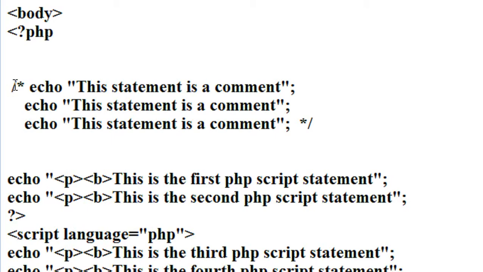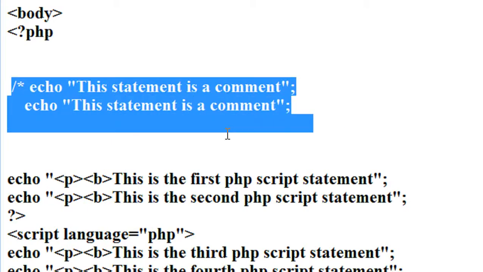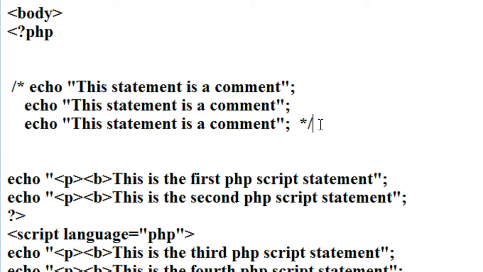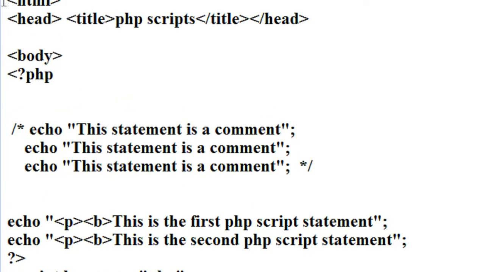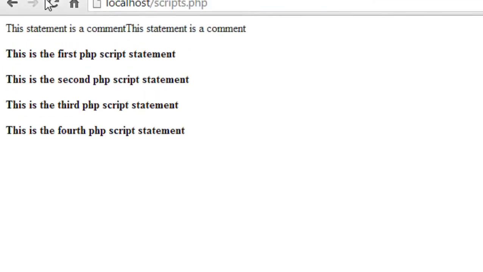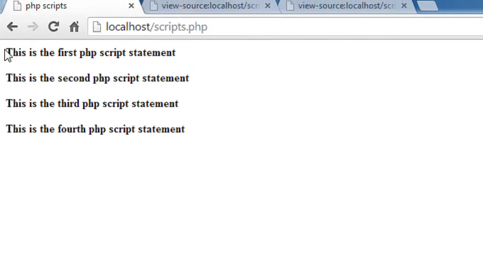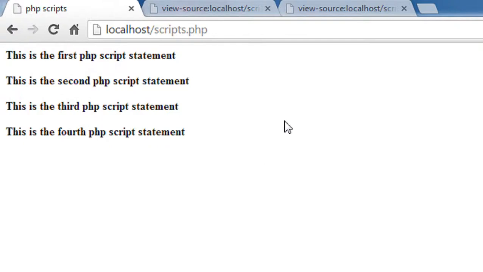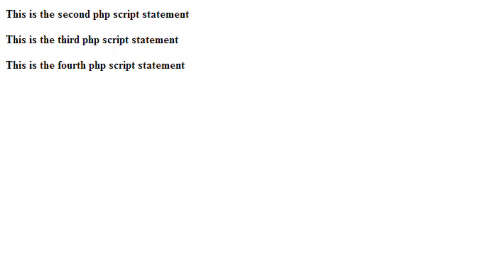Now this is the paragraph comment. That means this paragraph is not available in the client browser window. Now again I save it, open up the browser and refresh it. Now you can see that the paragraph is missing, unavailable in the browser window.